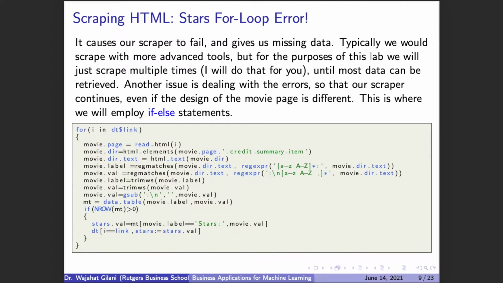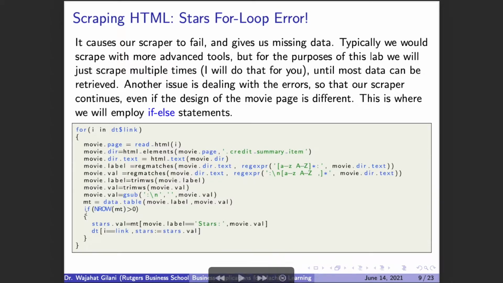But there's no purpose in trying to go here and select any statements if there's no values. And that'll help prevent our error and allow us to continue through the other movies. The logic here is that we want to keep running our code and filling in within the table as many values as we can without it breaking. So the best way to do this is to put a lot of these if statements in there